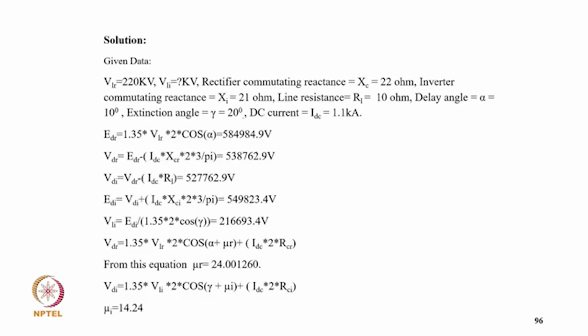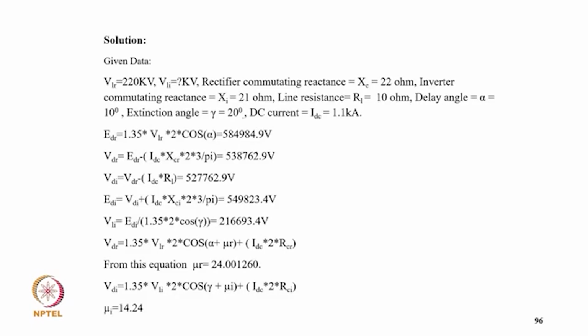So EDR equal to 1.35 VLR into 2 cos alpha, that comes 584.49989 kilovolt, and VDR equal to EDR minus IDC XCR into 2 into 3 upon 5, so it comes 538.733 kilovolt, and VDI comes VDR minus IDC R, that comes 527.762 kilovolt, and EDI equal to VDI plus IDC XI into 2 into 3 upon 5, that comes virtually 549.823 kilovolt, and VLI equal to EDI upon 1.35 into 2 cos